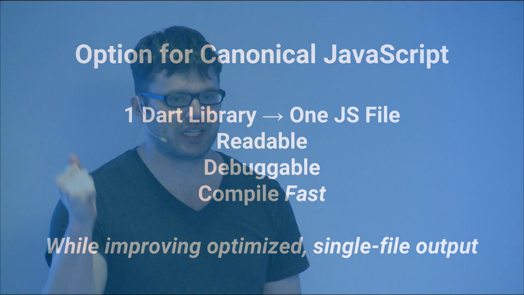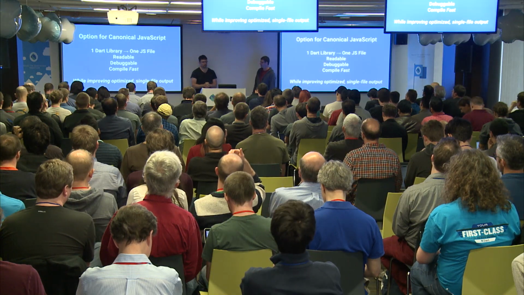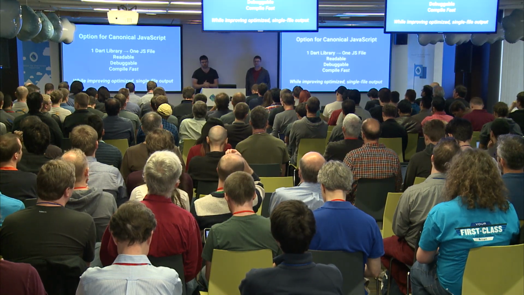Because each library will have a canonical output and will not require us to do global inference, that means if you change a library, we don't have to recompile your whole app. We only need to recompile the bits that you changed. Yeah, so we're talking about sub-second recompilation. Right, and we can leverage things hopefully like multi-cores and other things.